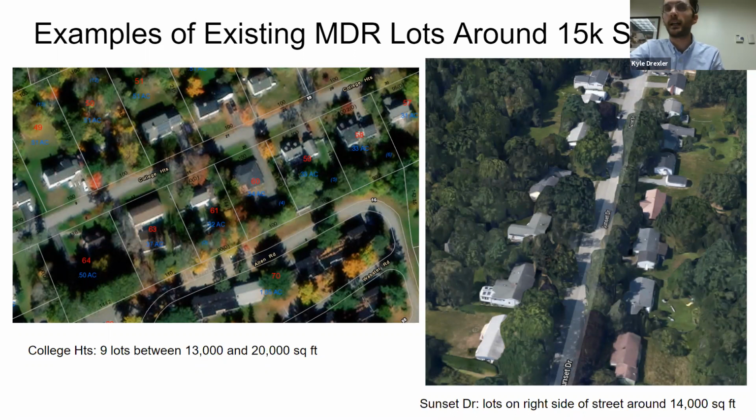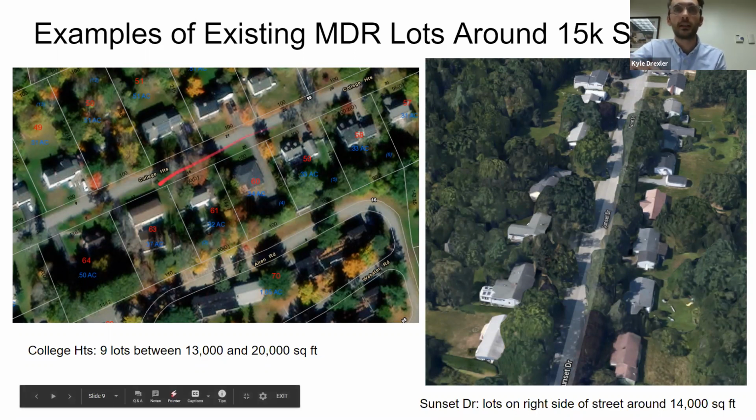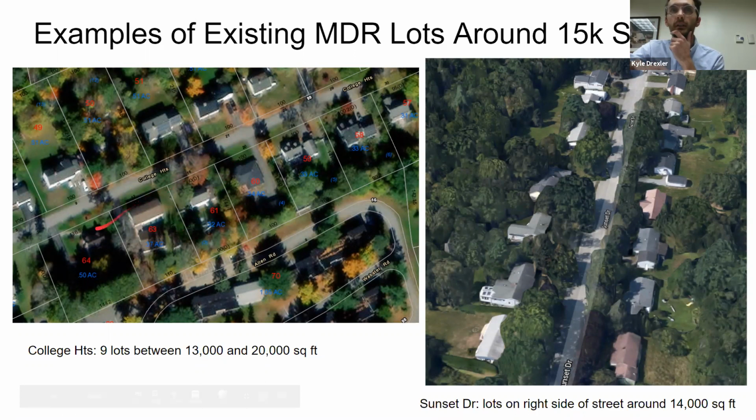You have 9 lots on College Heights between 13 and 20,000 square feet. But if you look at the satellite imagery here, they're spaced out single family homes with yards and driveways, and so all those reasons that we talked about at the beginning for